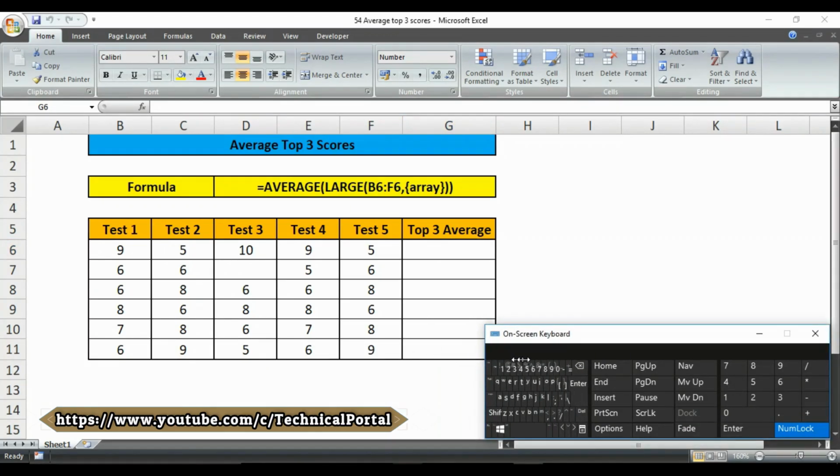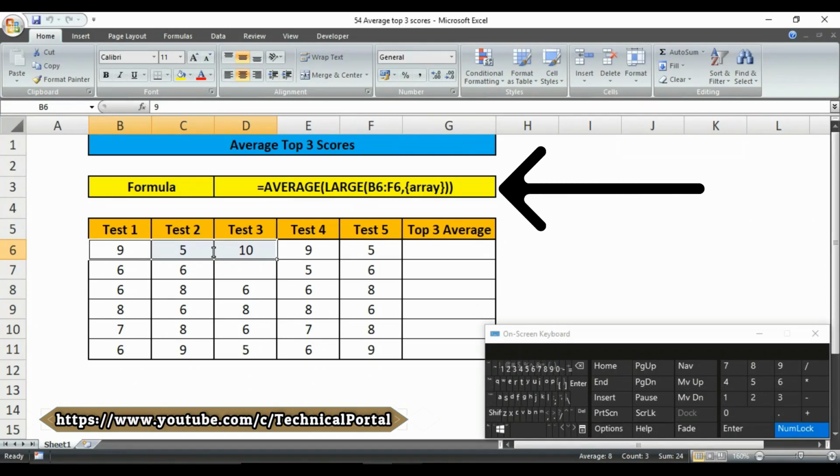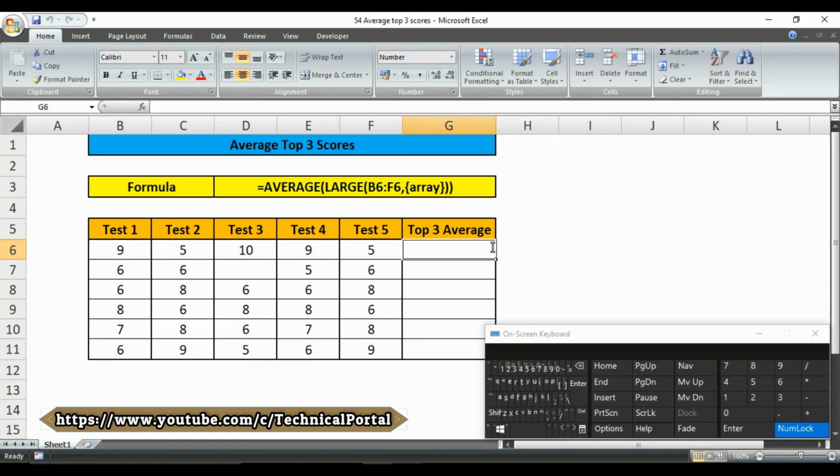Suppose you have a data file like this, like a result or a scorecard, and you have to average only the top 3 test results in the dataset. To average the top 3 scores in a dataset, you can use the combination of formula based on the large and average functions. So in this example, you have to type the formula in this cell like this, equals to,